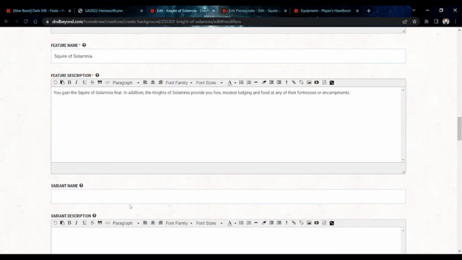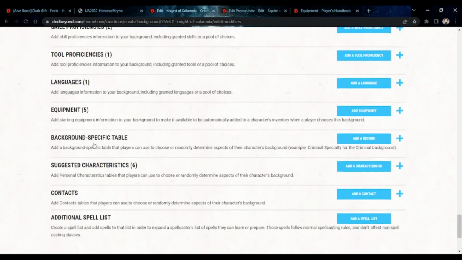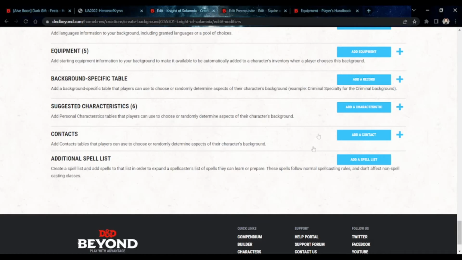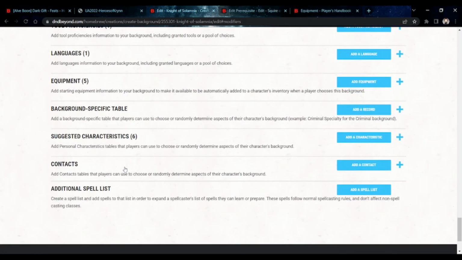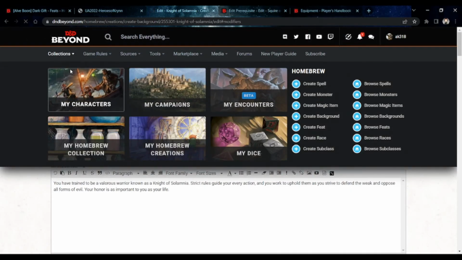Just want to explain that a bit quickly. Squire Solemnia feat. There is no way to attach a feat currently to a background. I imagine this will change. But in the meantime, what you can do